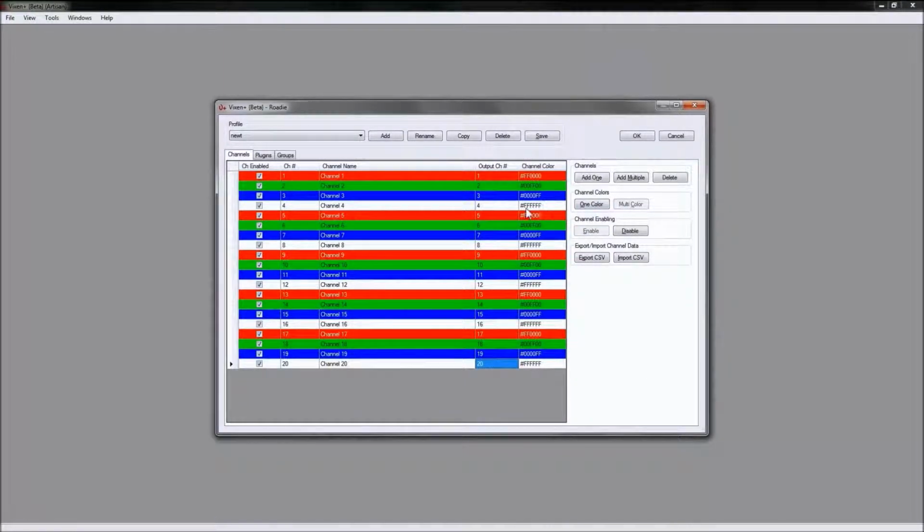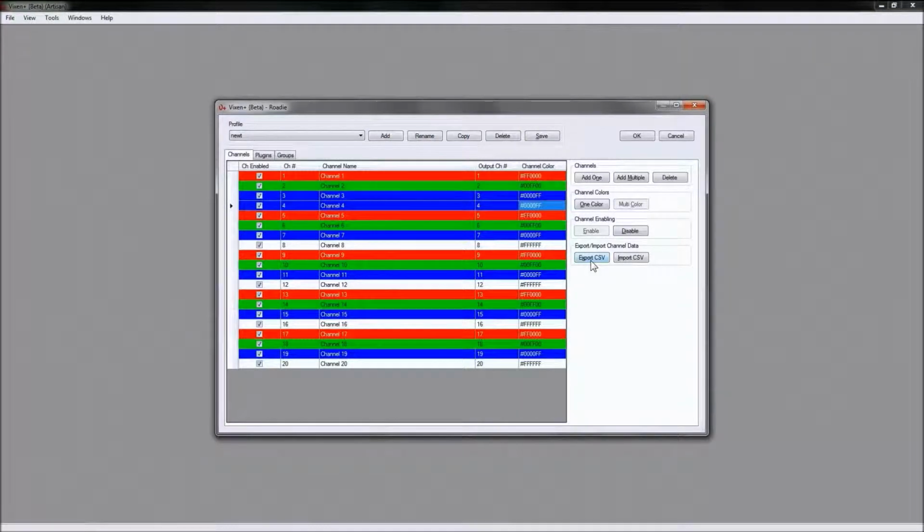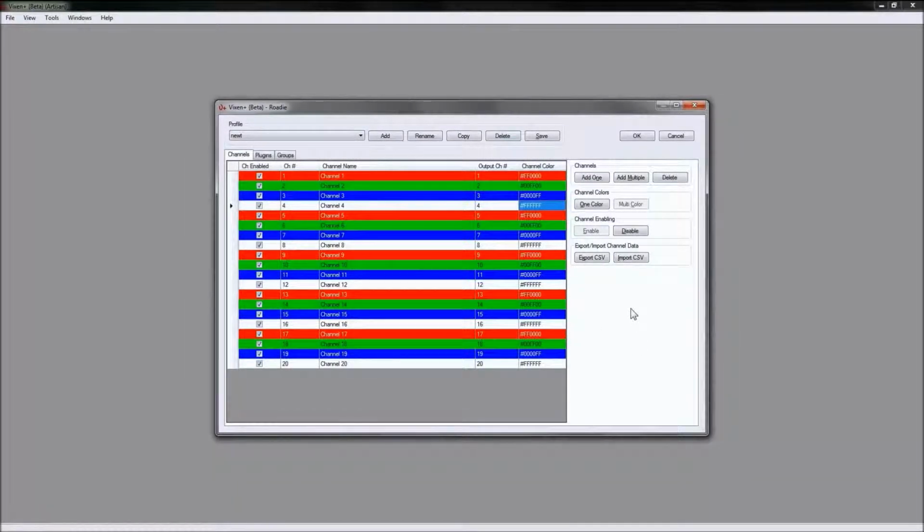You can also go and double click on the channel color itself, and it'll bring up a dialog for that color, and select the color, or double click again, and you can just double click on the color in here. You don't have to click the color and then click OK. You can double click the color. And you can also,